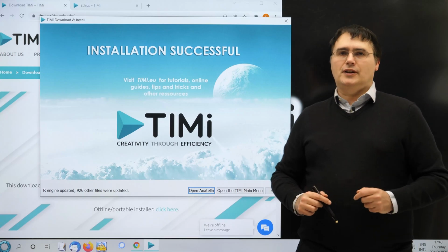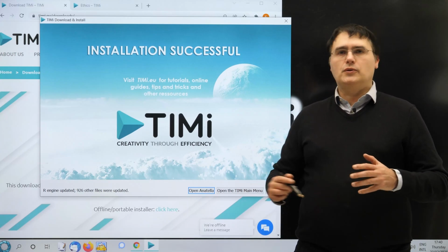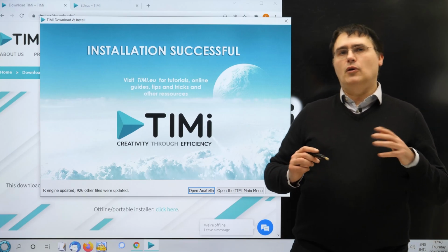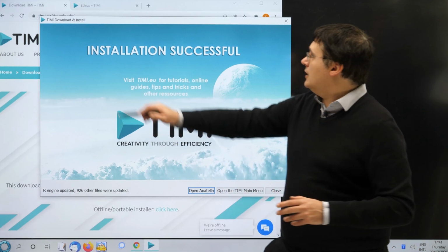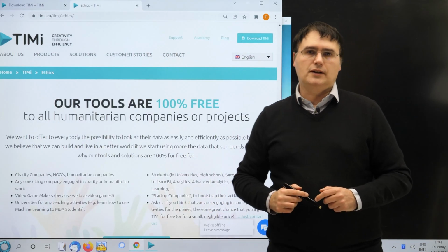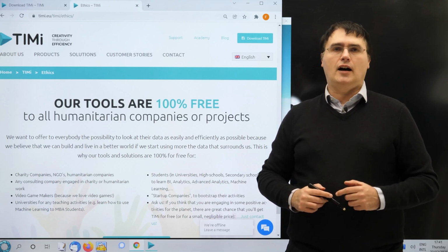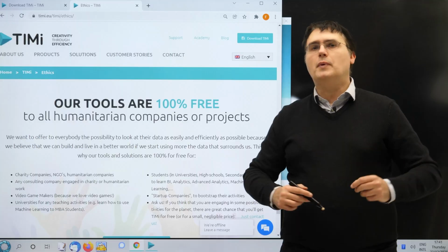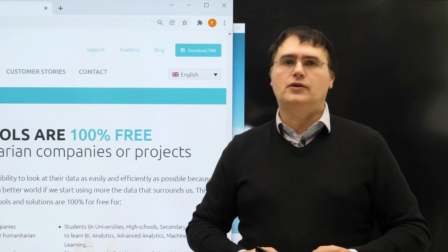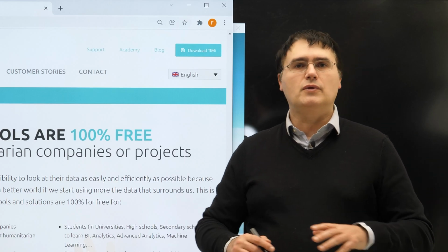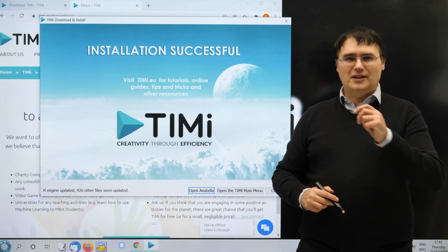So the first time you launch Anatella, a web form will open so that you can request your serial number. No worries, serial numbers are free for many companies. You can check out this page on our website for more information on this subject. And anyway, serials are of course free for the entire trial period, which is 2 months by default. But you can always send us a little email to extend the trial period and we will extend it for you without any worries. So let's run Anatella.